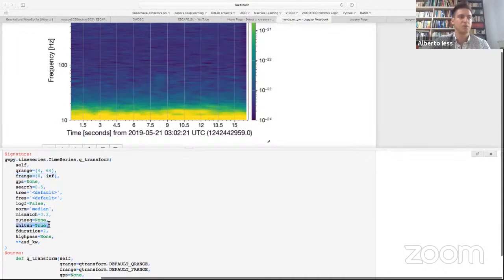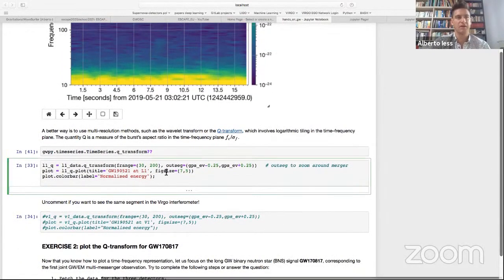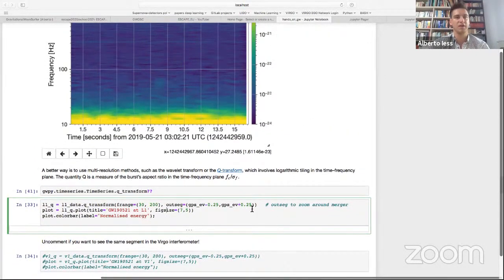And you see here there is the whiten parameter, and this means that the data is whitened in the process. Okay, so let's see how the Q-transform applied to the data we previously plotted with the usual Fourier method